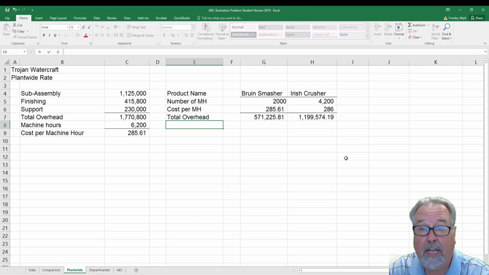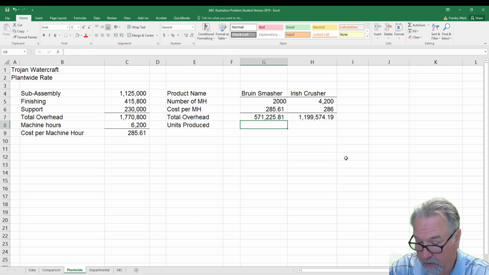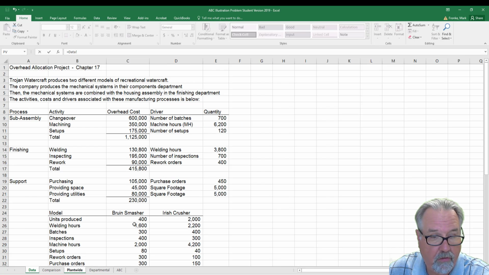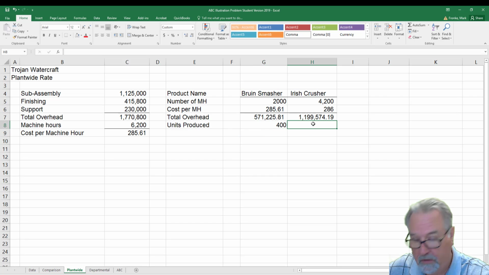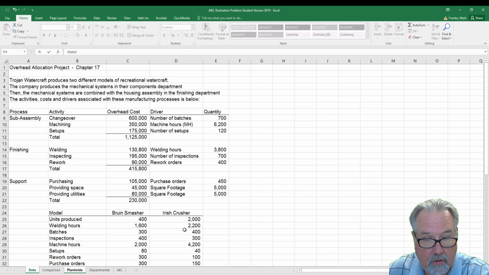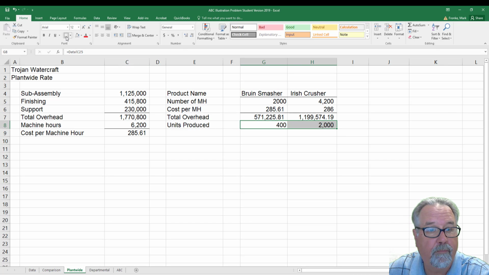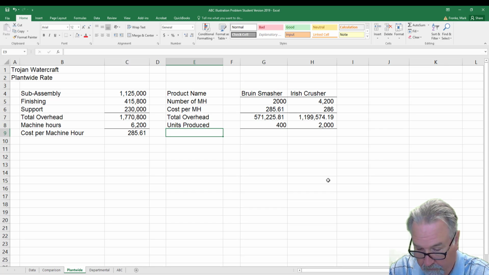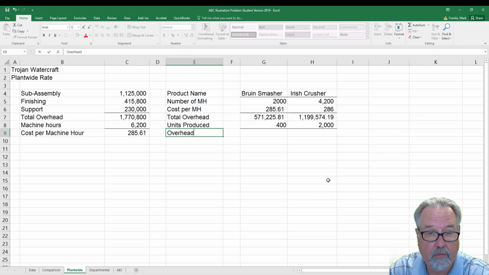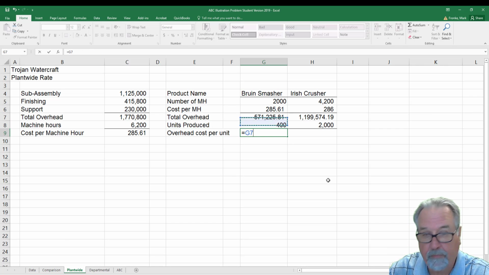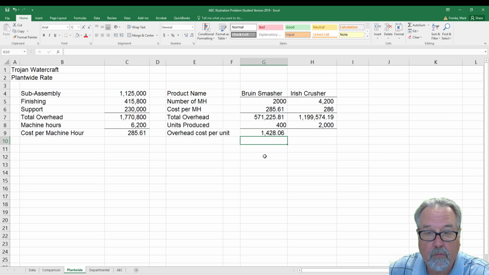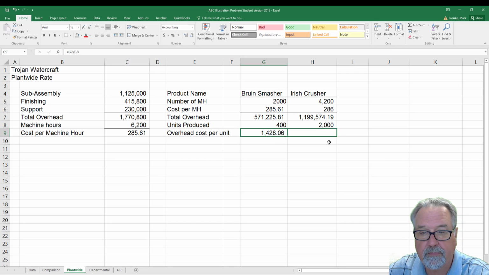So the total overhead is now divided by units produced. And I can get that from my data section. 400 units produced for the Bruin Smasher, 2,000. And so, draw a line. This is overhead cost per unit: $1428.06,